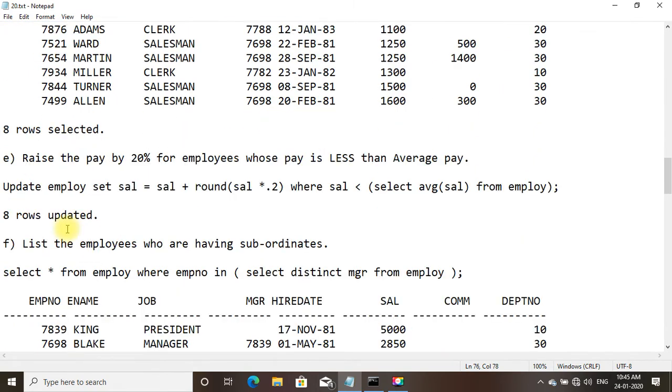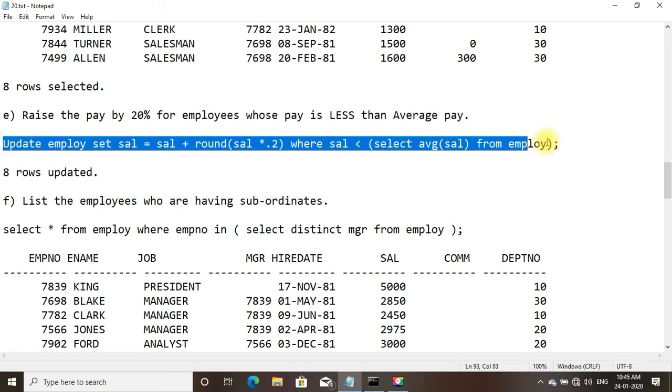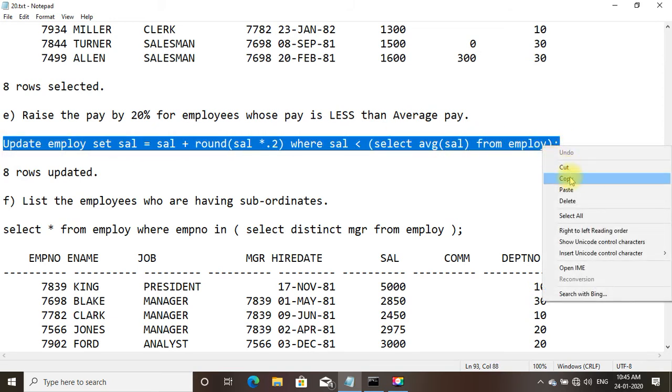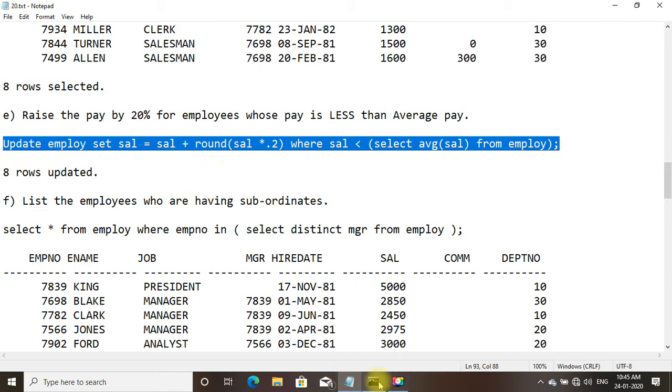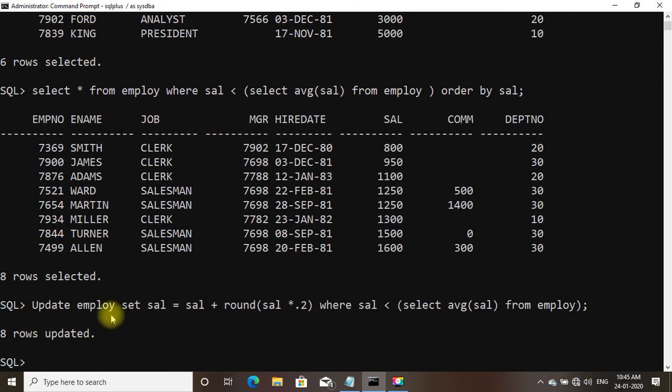We shall come to the next example. Raise the pay by 20% for employees whose pay is less than average pay. For this we need this query: update employee set sal is equal to sal plus round(sal star 0.2) where sal less than (select average sal from employee). You can see 8 rows updated.